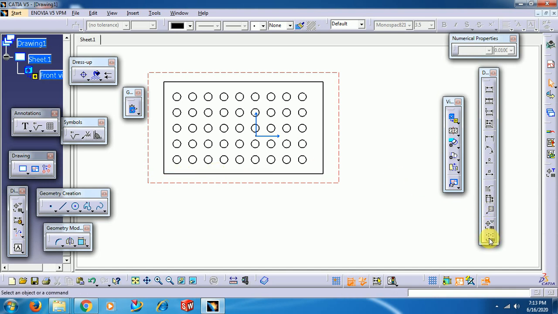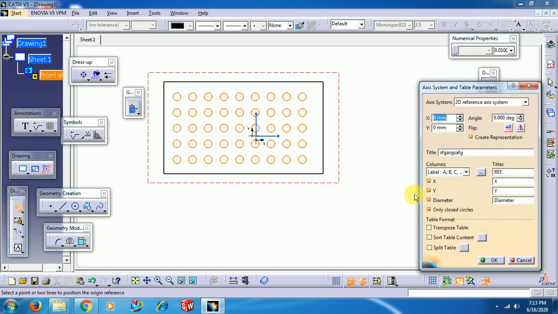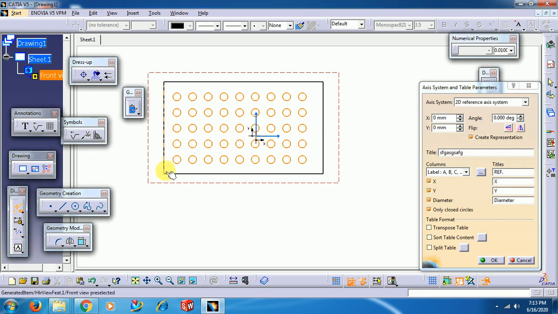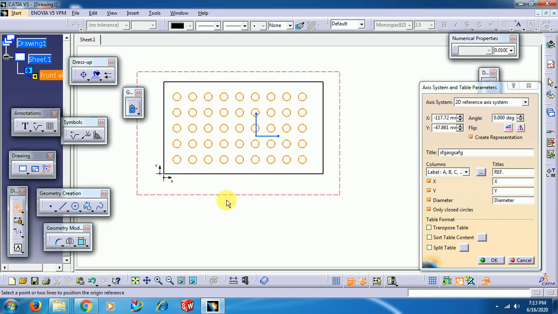Go for hole dimension table. Drag this so that all holes have been selected. Now axis, select this edge, select this edge. You can see the axis placed at that corner.